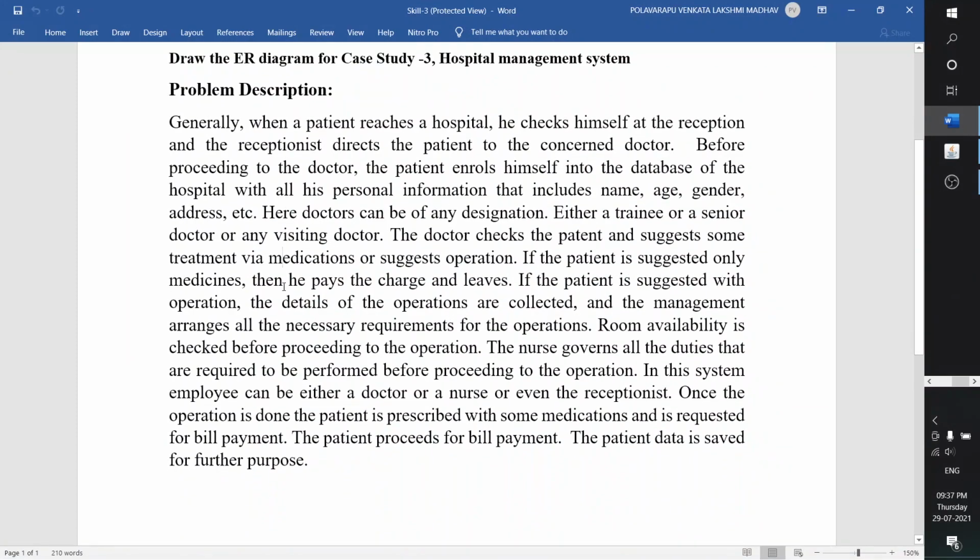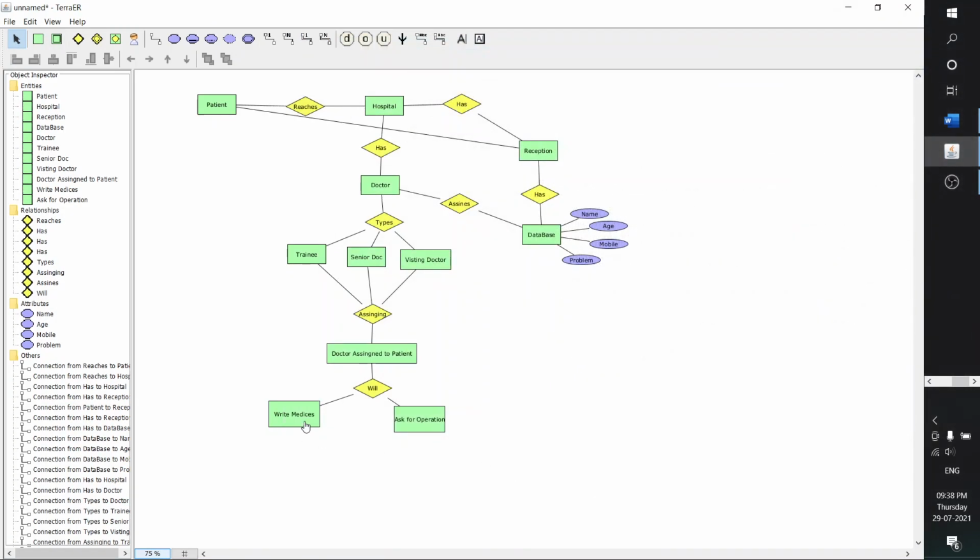If the patient is suggested only medicines, then he can just pay the charge and leave. So if they write medicine, medicine bill, take medicines, we can write like this.